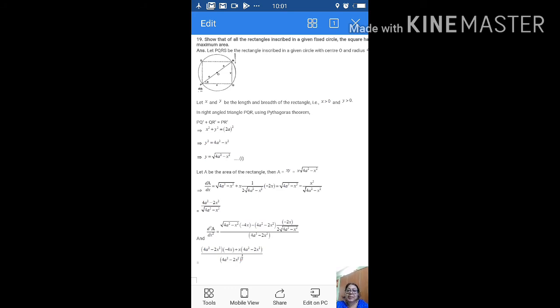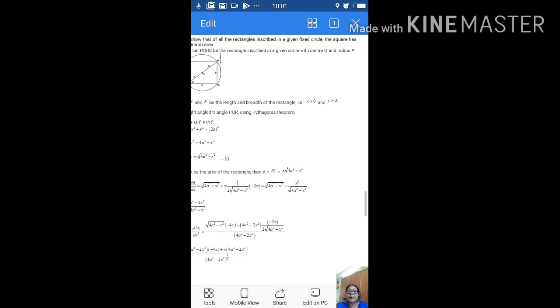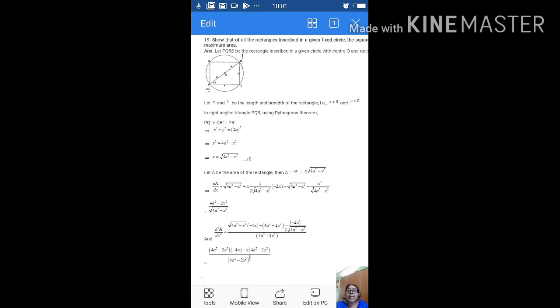So here it is given PQRS is a rectangle inscribed in the circle with center O and radius a, and x and y be the length and breadth of the rectangle. So here PQ is x and PR is y, where x and y are both greater than 0. In this right angle triangle PQR, if we use Pythagoras theorem, we can get x square plus y square is